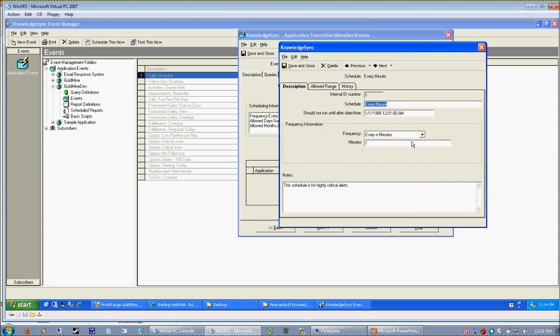So in this case, this is the every minute, and we're doing every n minute. So we can change the frequency to whatever we'd like. So in our case, I have this for 1 minute because I like to show people how it works in real time. We don't want to have to wait every 15 or 20 minutes or however long you might have this configured for. Does KnowledgeSync have to trigger every minute? No. Typically, KnowledgeSync events trigger maybe twice a day or maybe once a day. Does it have a big impact on